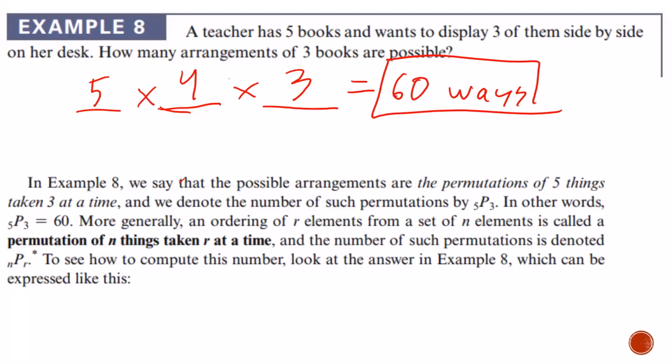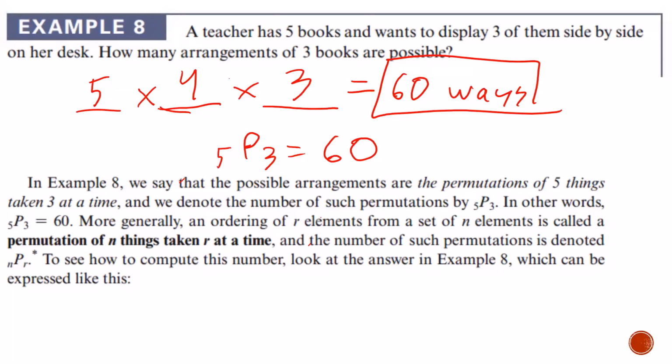We specify this number as 5p3, which means have 5 items, permute, order 3 of them, right? 5p3 is 60. So that means if there are 5 objects, there are 60 ways to order 3 of them,